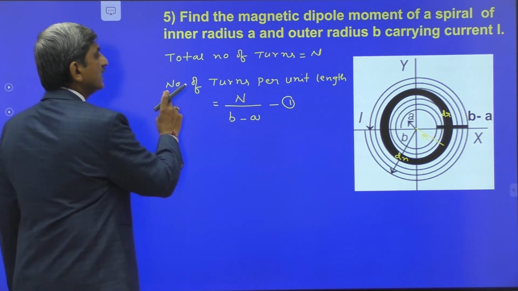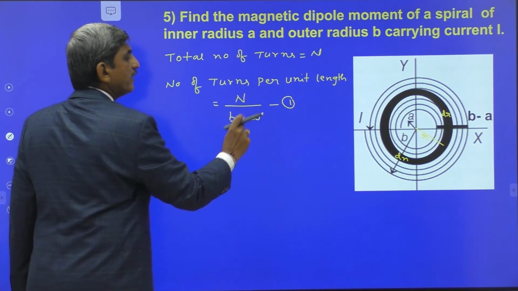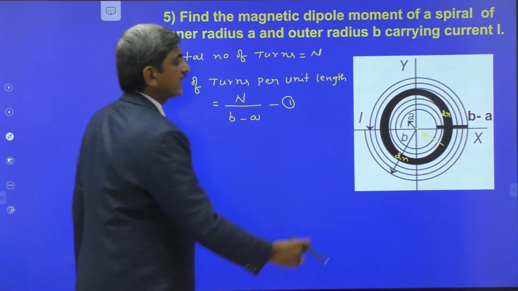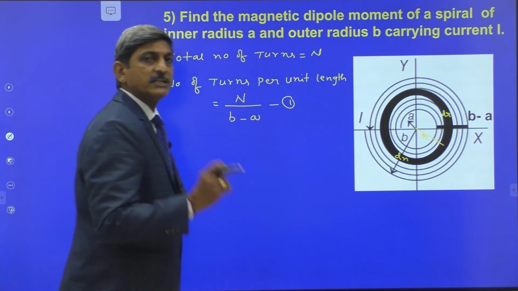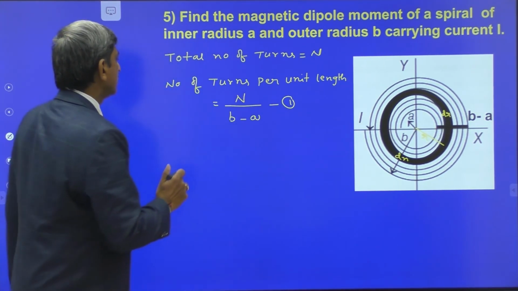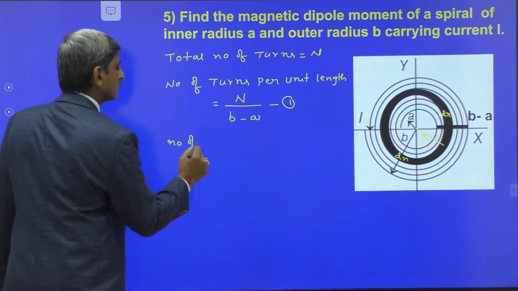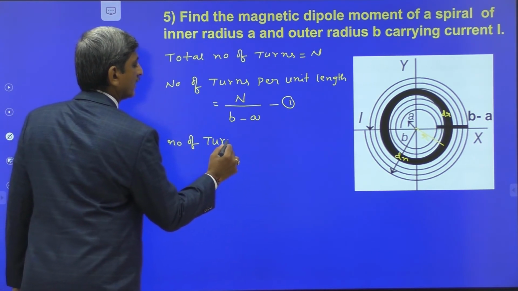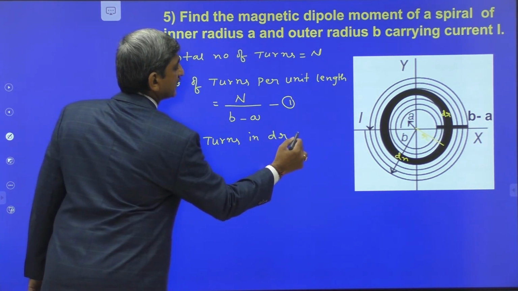Already we know the number of turns per unit length is n by b minus a, and the thickness of the assumed coil is dr. That's why the small number of turns in the dr thickness is given by